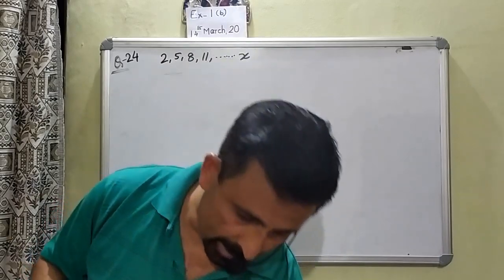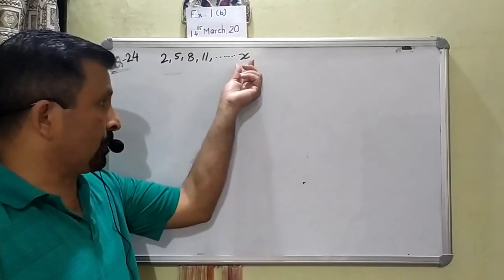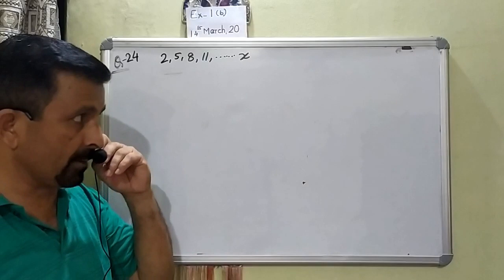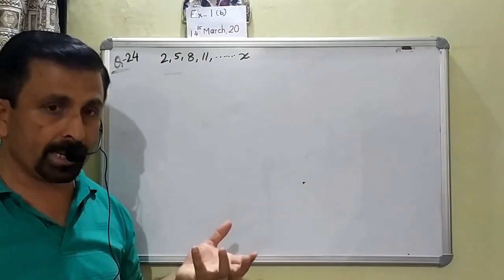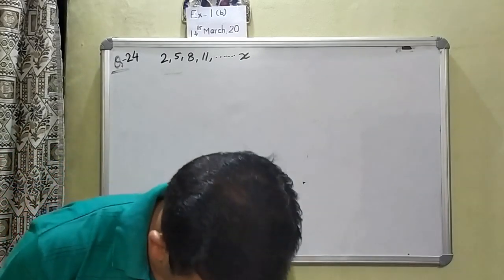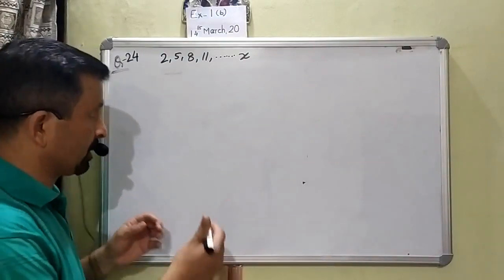Find the value of x. So we are supposed to calculate the value of x. And to find the value of x, what we are given is that the sum of some number of terms is 155. So according to the question,